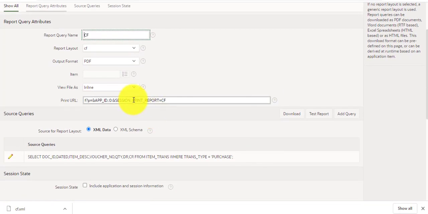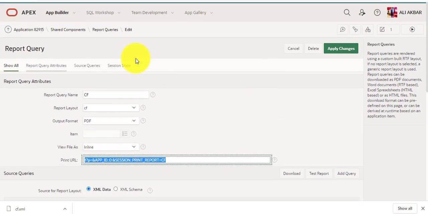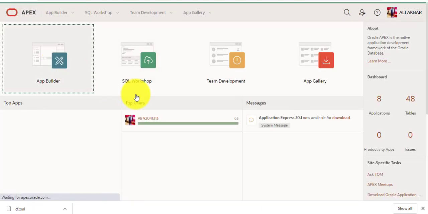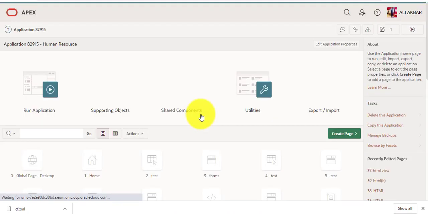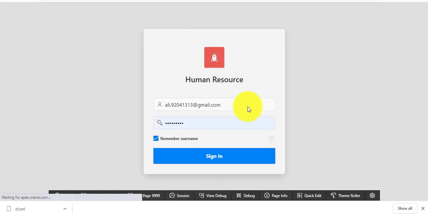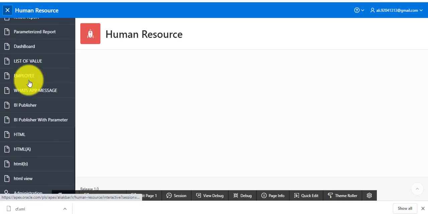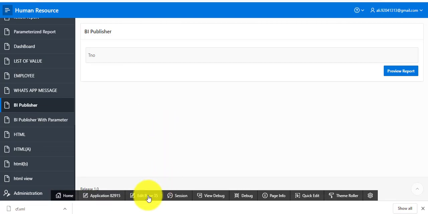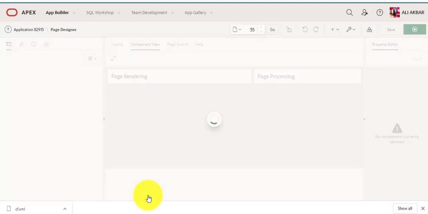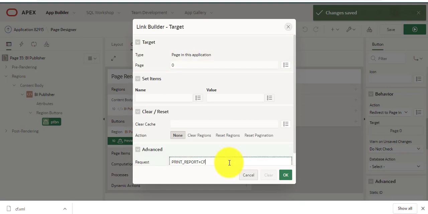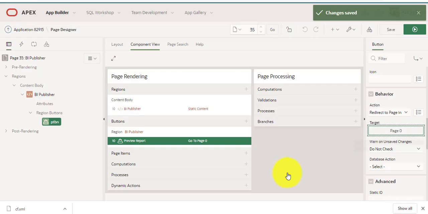I'm just copying this. Guys, I'm just pasting this CF request.